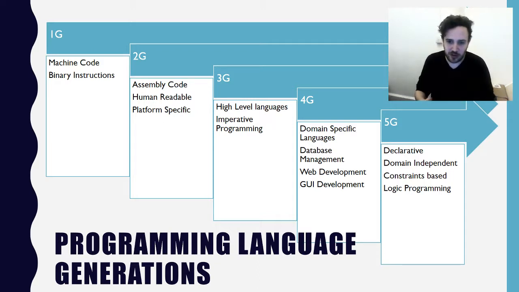Web development, you're seeing more and more sophisticated use of web development frameworks, things like Django and Flask, that make it really, really quick to produce a website, and you're using templates, so you have to specify less of the actual how and more just what you want to do. And also GUI development, so all of event driven programming. So the idea that you use a rapid application development tool